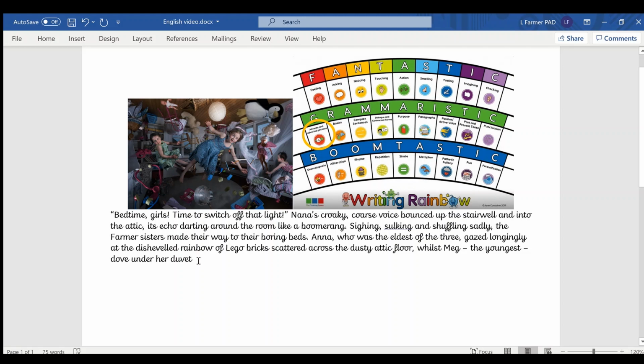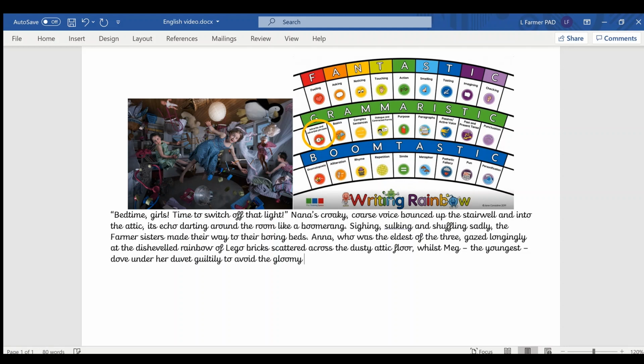And if you read the story starter, you'll know that the scientists have turned on this machine somewhere else across the world, and this is the experience of these little girls when this anti-gravity machine's been turned on. So whilst Meg, the youngest, dove under her duvet, I'm going to pretend she's feeling really guilty about leaving. I'm going to call him Mr. Penguin. So diving under her duvet guiltily